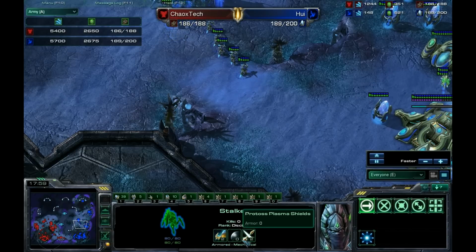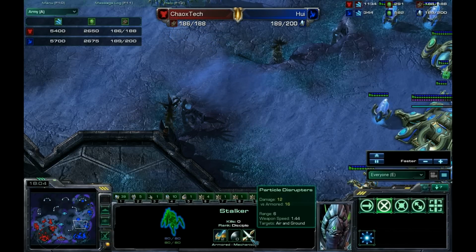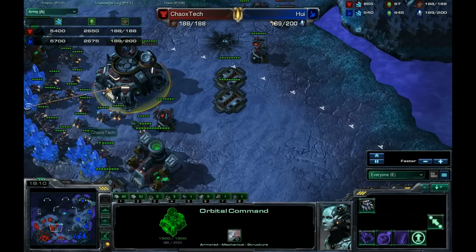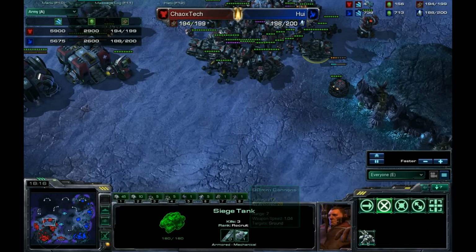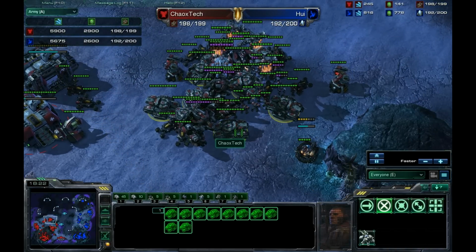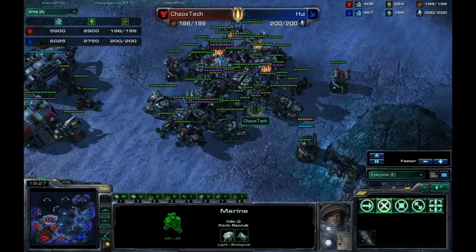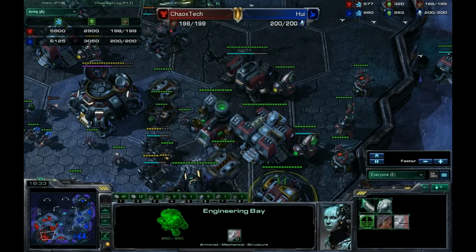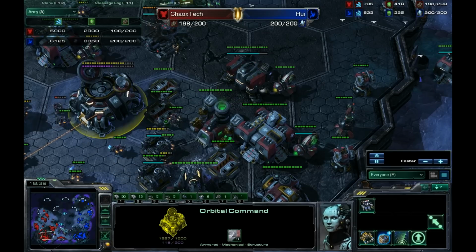Level 1 armor for Hui. Oh, two armor and weapons upgrade for Hui. Let's see what ChaoxTech has. 0-1 ground for his mech units, and no upgrades for his marines. So ChaoxTech is actually quite a bit behind on his upgrades, and that can make a big difference in mid to